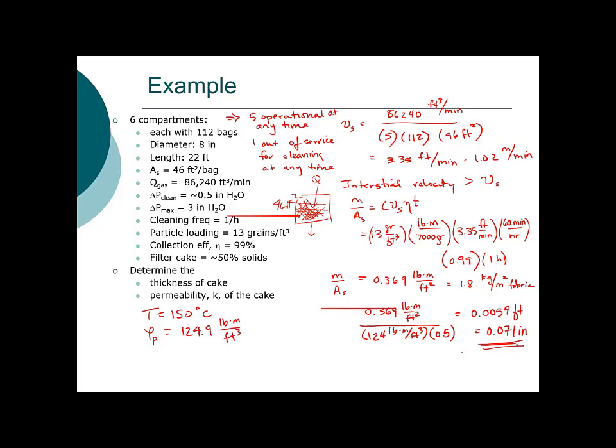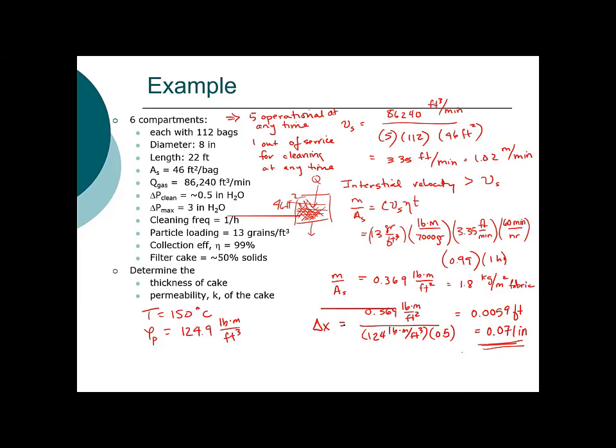So the thickness, this is delta X. The thickness of my filter cake is roughly 0.07 of an inch, less than 0.1 of an inch,